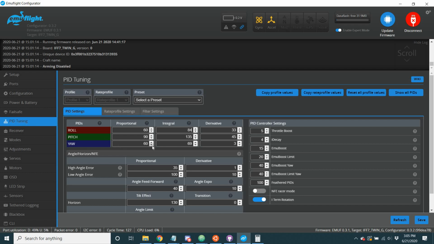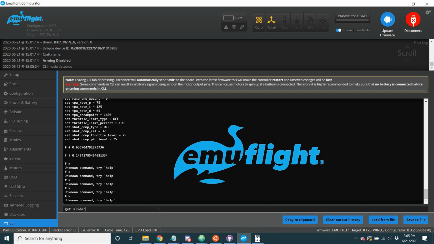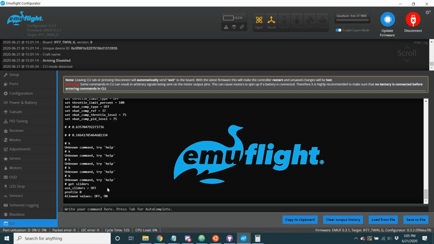Of course, the GUI will need to be updated for that. But like I said, remember when you're using this, if you are going to be messing around with these versions of the sliders, be sure to remember that you need to set this value to on. So even in the on-screen display, you have to turn that on, and that lets your code know that you want to use the sliders to change the values. If it's off, then that is not the case, and it doesn't want to do this. So just one note: you have to use sliders on whenever you want to